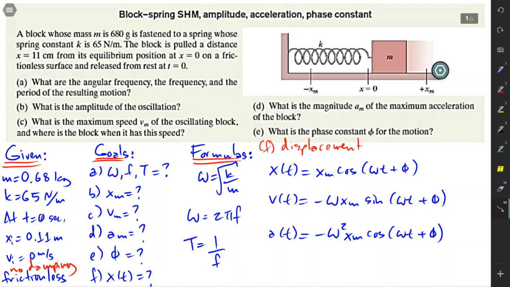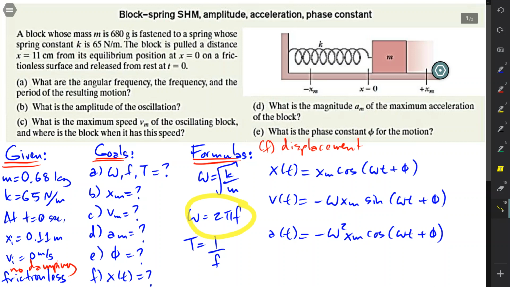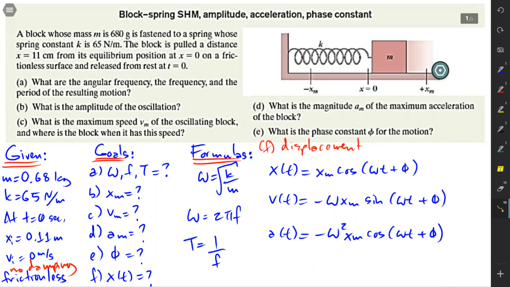Now, formulas are very important. I recommend solving it in the order listed, starting with the angular frequency. For a mass spring system, the angular frequency is the square root of k over m. We're given that and that, so good to go. Then from there, we can solve for frequency, and the period is just the inverse of that. And then we'll need these three formulas, which essentially describe the kinematics of simple harmonic motion. And take note that